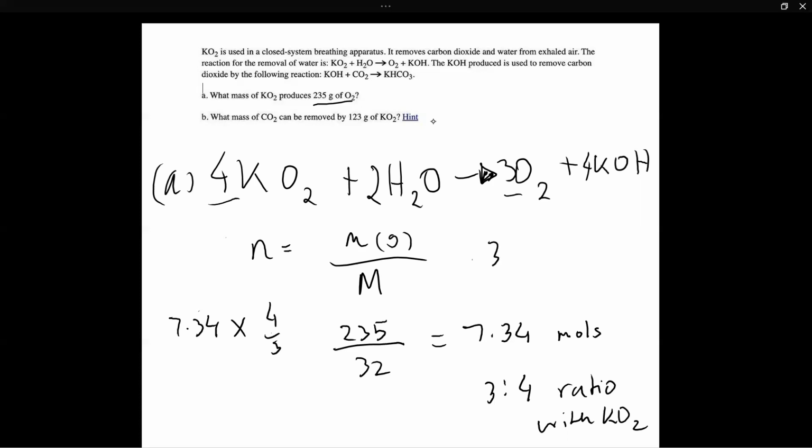In order to get from 3 to 4, you have to multiply 3 by 4/3, correct? Because these cancel out and then you have your 4. In that same way, to get from 7.34 moles, and keep the ratio between these two, following the stoichiometric ratios, I need to multiply by 4/3. And that will give me my answer